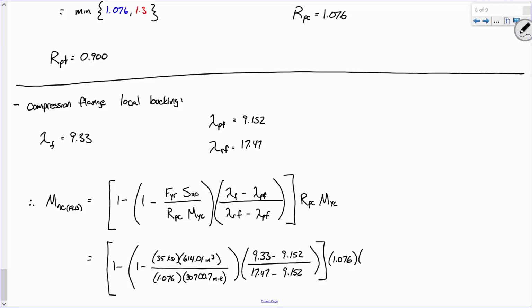Now, might seem a little strange, but I'm going to go ahead for my yield moment right here and use 2558.4 foot kips, because inside the expression I needed that to be an inch kip so that everything cancels, but when this is all said and done I still want my answer in foot kips, so I might as well just use that. Now when I plug and chug, I get